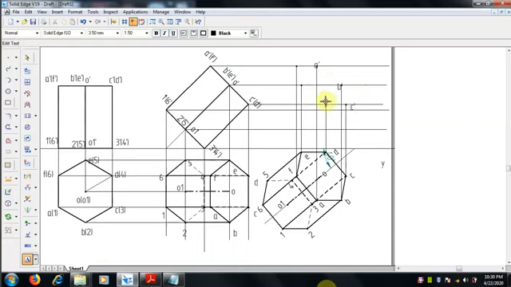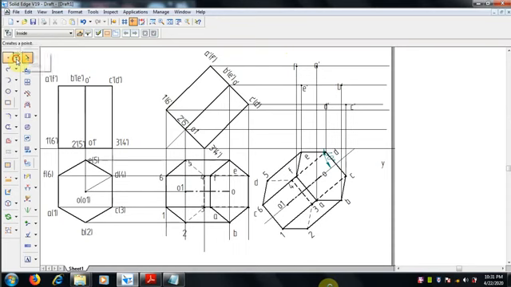Since it's a front view, we have to draw with the dashes, E dash and F dash. Right. Next, bottom one where it meets 1 dash.